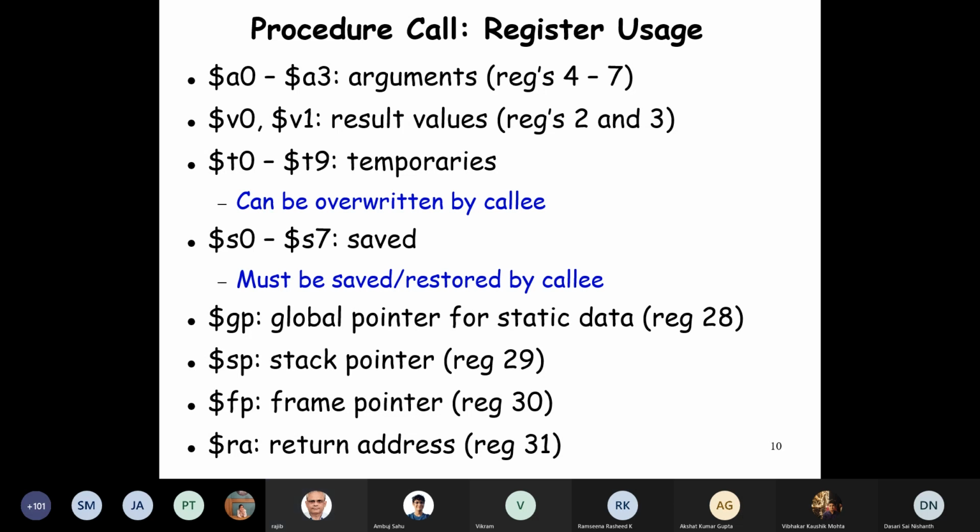Just to summarize, we have the arguments placed in A0 to A3. V0, V1 are the return values. And inside the procedure, we are free to use T0 to T9. These are temporary. Even if we disturb these values inside the procedure, no problem.